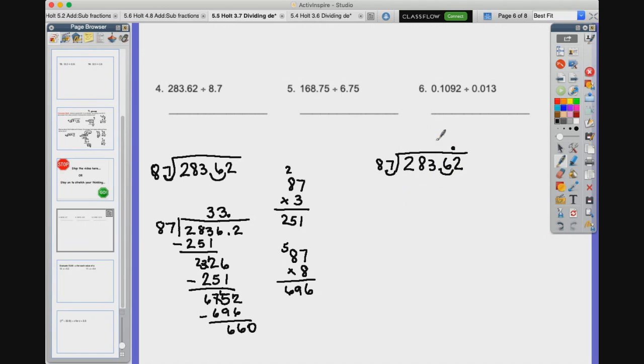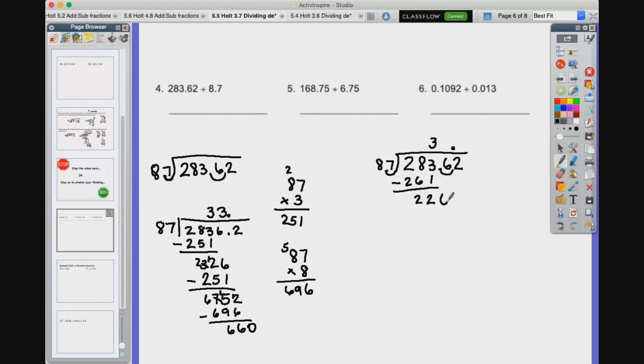So 87 goes into 283 3 times. So 87 times 3 is 261. Oh, that's where I made my mistake. 261. And 261, when you take it away from 283, is